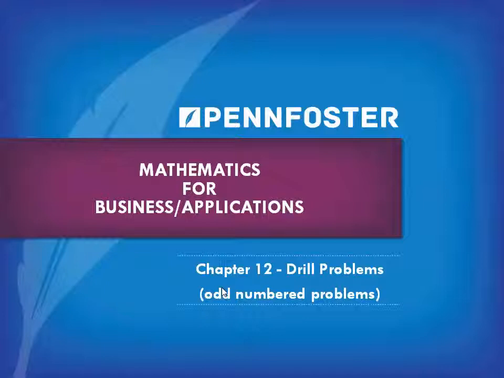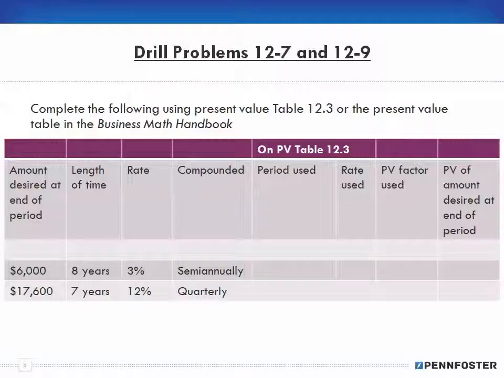We're working on the Chapter 12 drill problems, the odd numbered problems, and we finished off with problem 12-5 in the last video, and we're going to work on 12-7. Now, before we get started in working the problem, let's just take a look at what the problem is asking. It says complete the following using the present value table, table 12.3, or the present value table in the Business